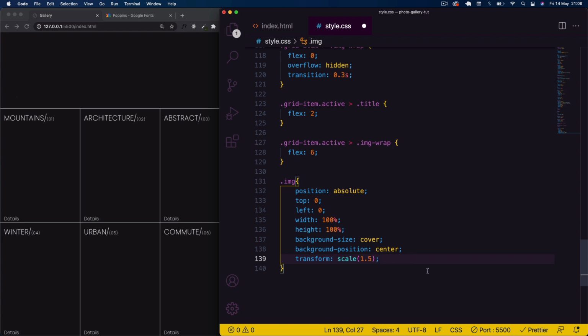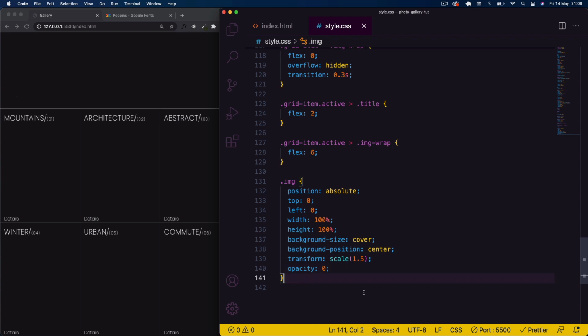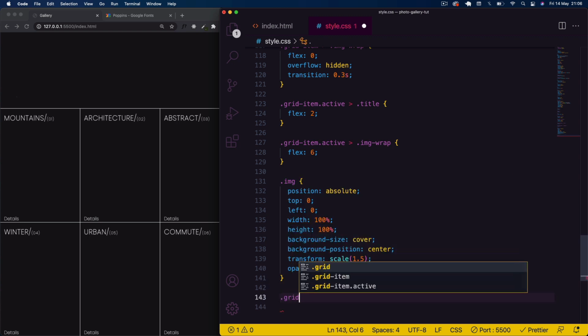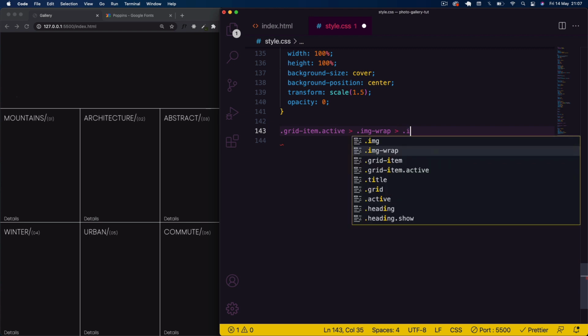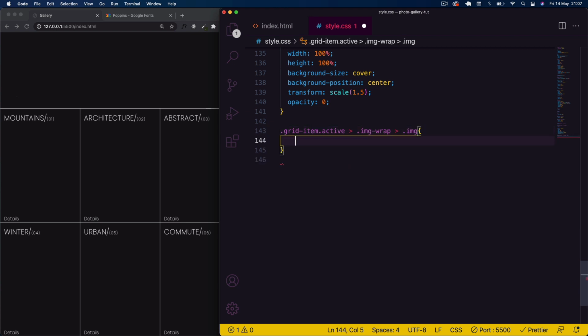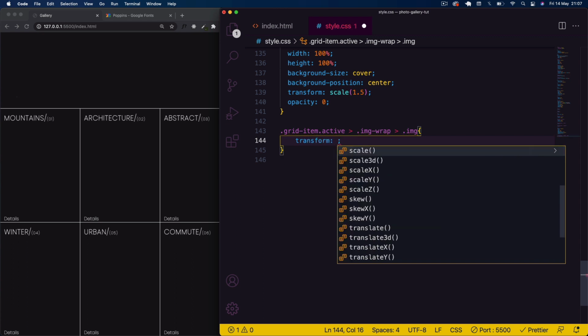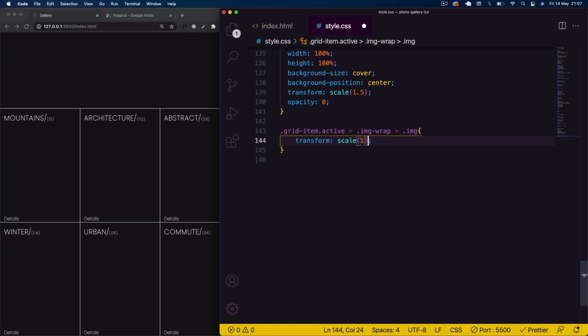And then we're just going to set the opacity initially at 0. Okay, and then finally, we'll select our grid item, and we're going to target the child image wrap, and this is when our grid item is active as well. Image wrap, and here when it's active we target the image. So when it's active we're going to say transform scale it back down to the original size of 1,